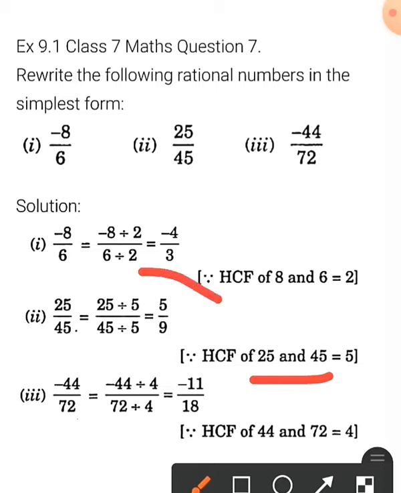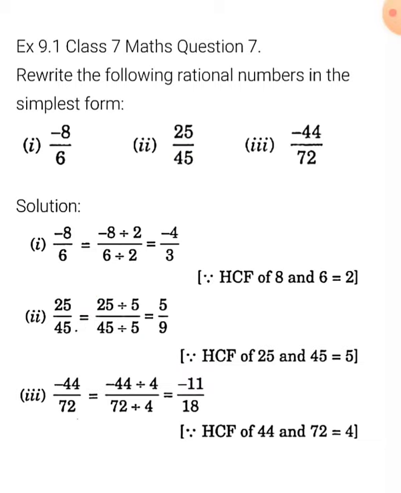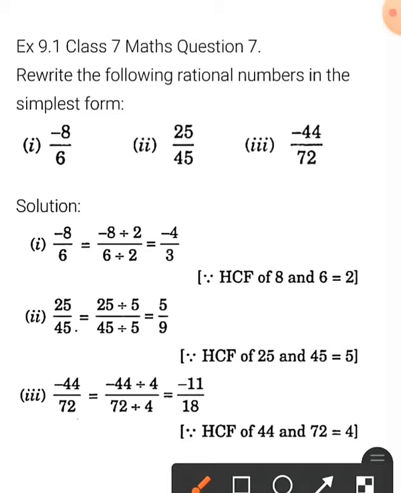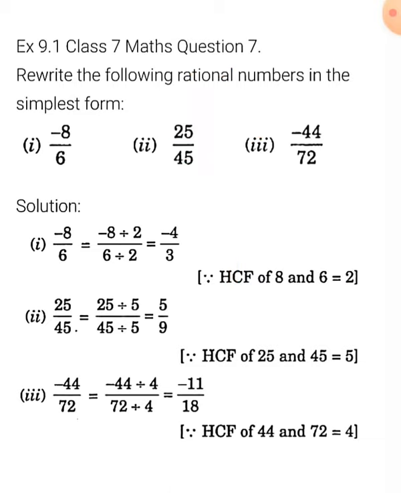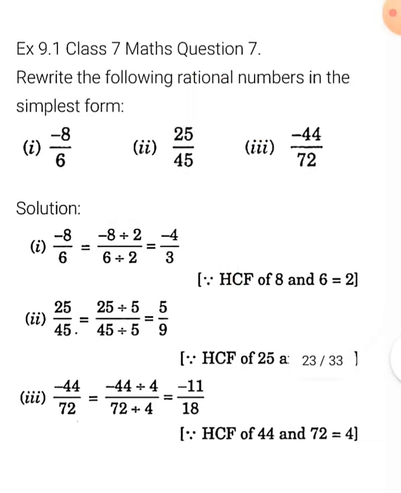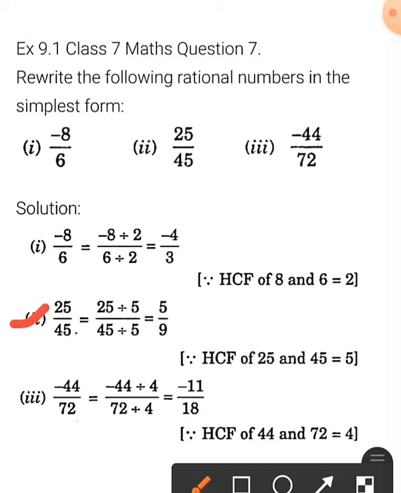अगर आप ये वाला मेथड नहीं बताओगे, डायरेक्टली आप कैंसिलेशन करोगे तो भी चलेगा, वो भी राइट है. This is the alternate method. You can do whichever is easy and quick calculation. So 25 upon 45, we will start with the table of 5. 5 how many is 25? 5 5s are 25, and 5 9s are 45. So 5 upon 9. This is the simplest form or the reduced form. So for the second one, we divide both by 5, and after cancellation the answer is 5 upon 9.